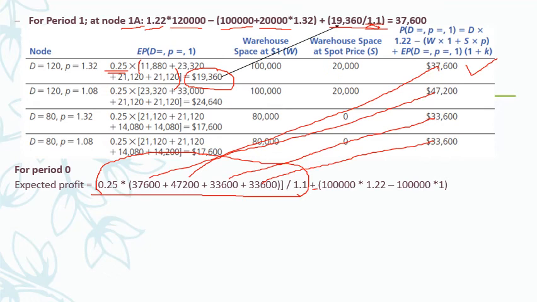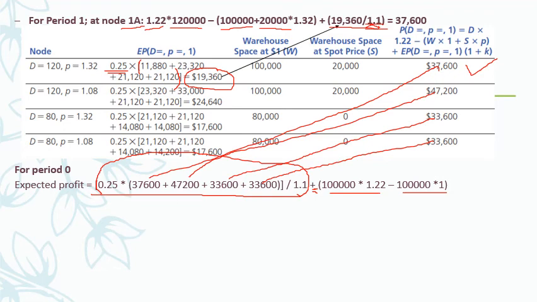Add it to the present worth of the profit. How much? Revenue minus expenses. What is the revenue? Total demand multiplied by the selling price. What is the total demand at the 0th node or the first node at period 0? 1 lakh units multiplied by 1.22. You will get it, minus the expenses. What are the expenses? Till 1 lakh units, we have already understood that the rate is 1 per square foot. If it is more than that, then the spot market price.